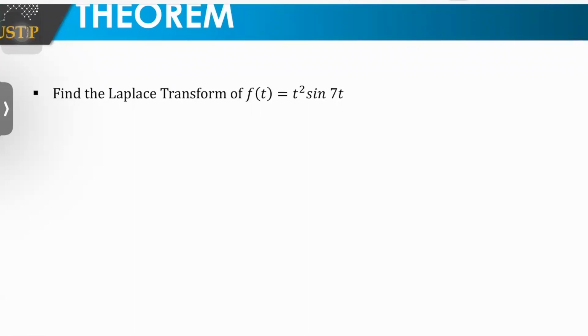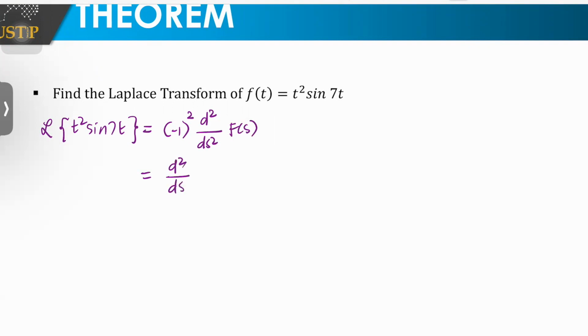Applying the general theorem, the Laplace transform of t squared sine 7t is negative 1 raised to 2, since your n is 2, multiplied with the second derivative of F of s with respect to s. So it becomes positive, and we are left with the second derivative of the Laplace transform of